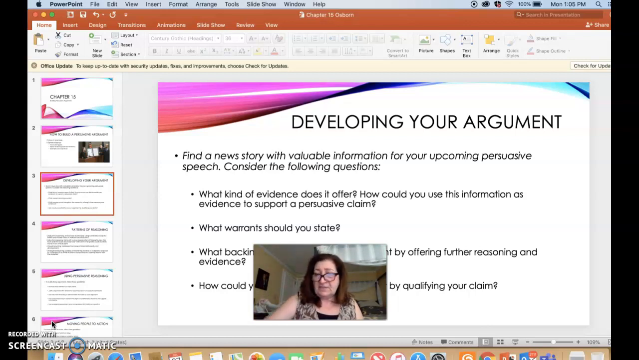What kind of evidence can be found in that news item? How could you use that information as evidence to support your claim? What warrants should you state? What backing would strengthen the warrant by offering further reasoning and evidence? And how could you better focus your argument by qualifying your claim? So these are some of the questions that you ask when you find supporting material